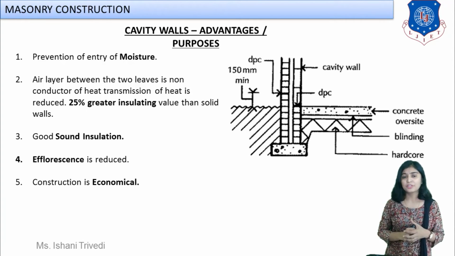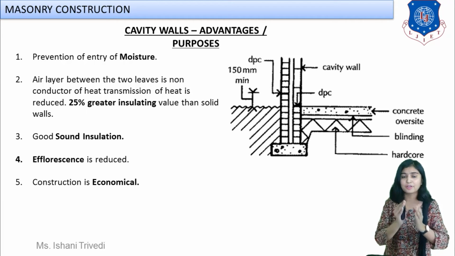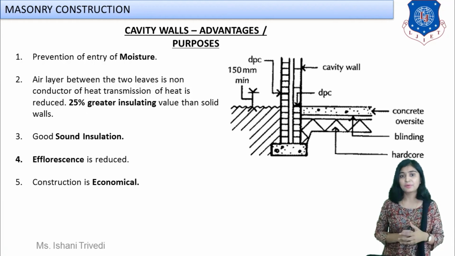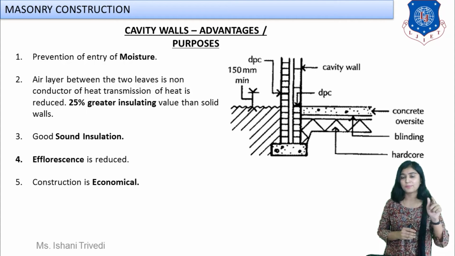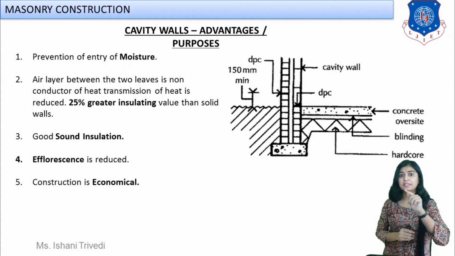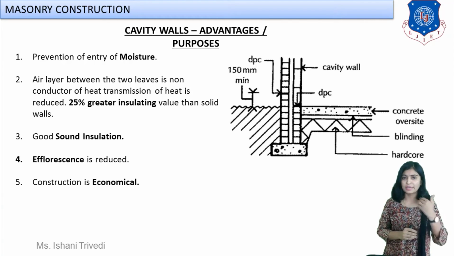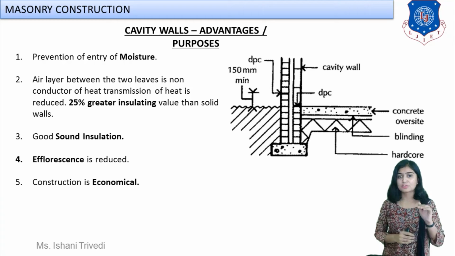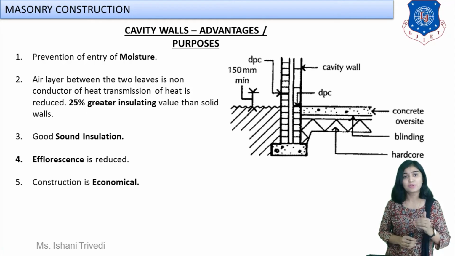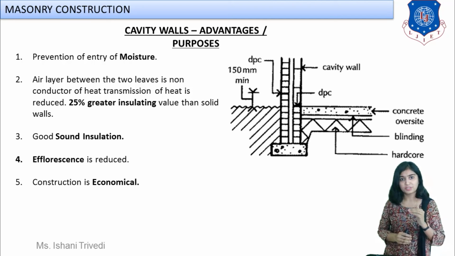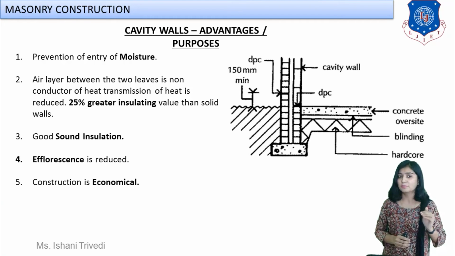So here your cavity wall is constructed right from the foundation, but here care has to be taken because moisture can enter from the subsoil, and from the cavity it can go upward to ground floor and first floor and so on. So a DPC course, damp proof course, has to be compulsorily provided above the plinth level, near the plinth level. Also, you have to provide filling of at least 15 centimeter concrete or suitable material in the cavity below the subsoil, below the ground level, so that moisture does not enter from inside of the soil. Water does not seep inside the cavity.